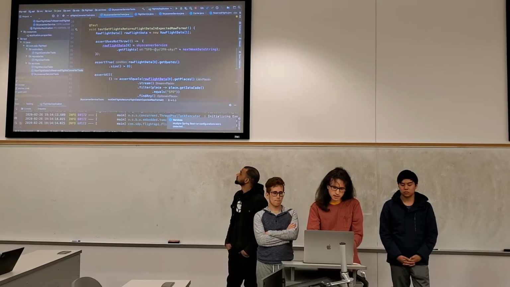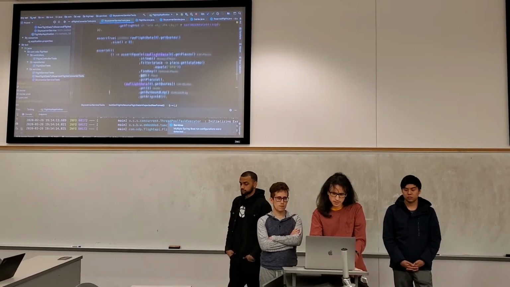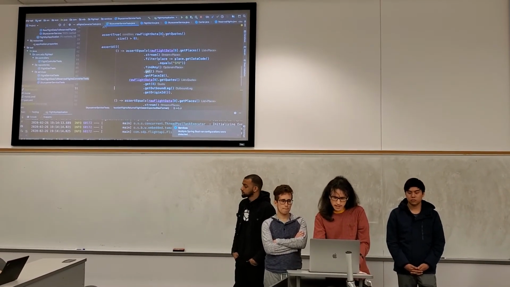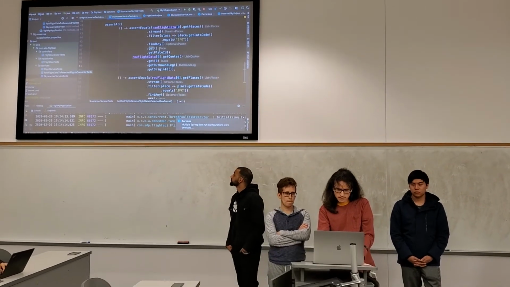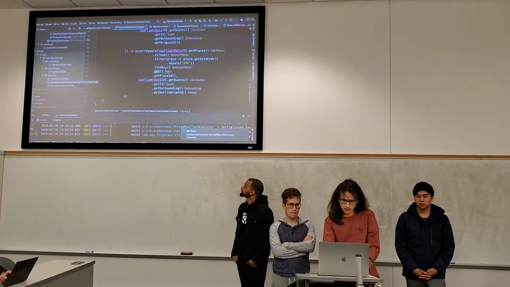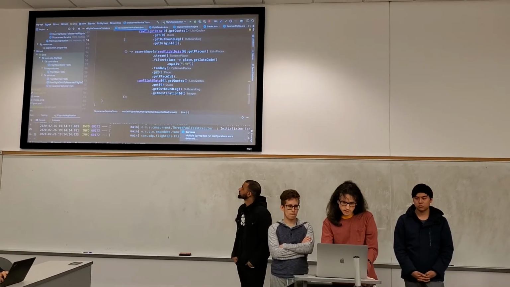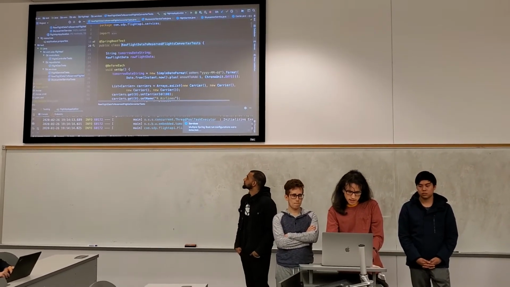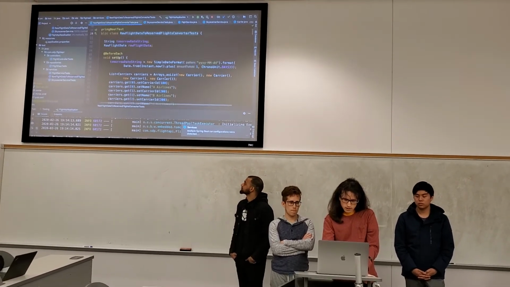If it had been in the wrong format, it would have thrown a JSON exception. And then it checks whether it has data to work with and whether the data is in the format that our converter depends on. And we have a lot of tests for the converter,